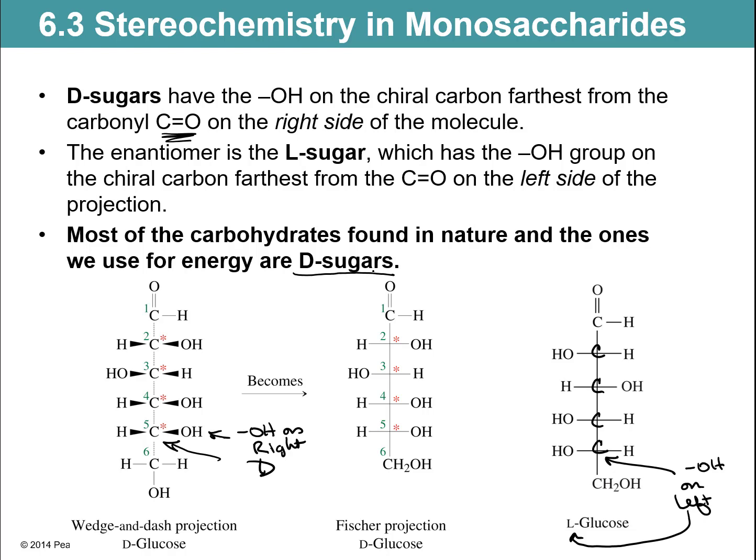Do you also notice that they're drawn a couple of different ways when you look at this? So if I took these off, I just drew them in. So this is one way. They call this the wedge and dash projection that you could draw glucose. And what do wedges mean? That they stick forward, right? So I actually have